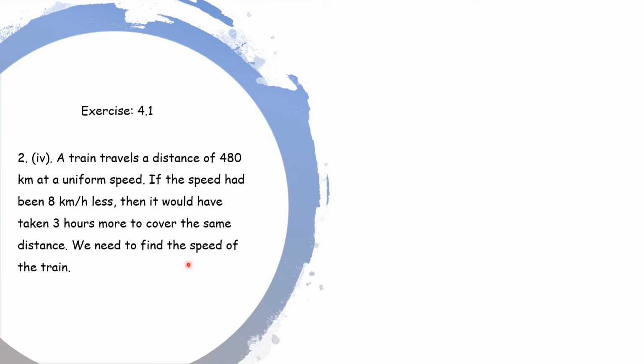So to find the speed of the train, we have to frame the equation. So understood the question, children? The train has to cover 480 kilometer, and definitely it will take some standard time to cover the distance. If the speed is reduced, the time taken is 3 hours more than the original time taken. Now what is the speed of the train? For that we have to frame the equation. So the speed of the train is our question.